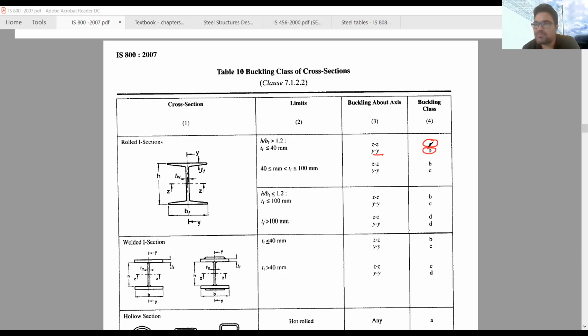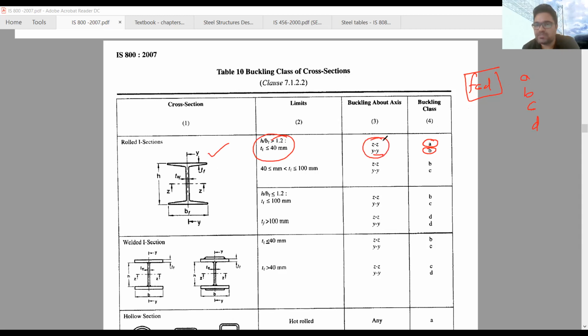Well, what is the meaning of this A and B? Actually, the value FCD that we are going to find out depends on the design curve. In the previous lecture I showed you there are basically four curves which are named A, B, C, D. Which curve this section will belong to depends on this limit, and based on this limit we have to identify along which axis this column can fail.